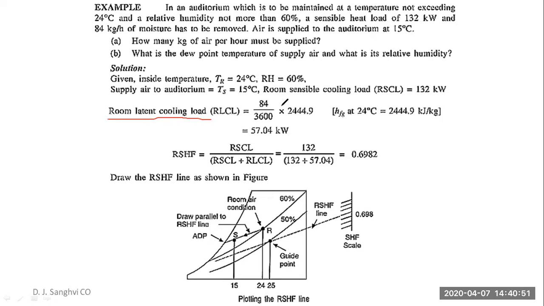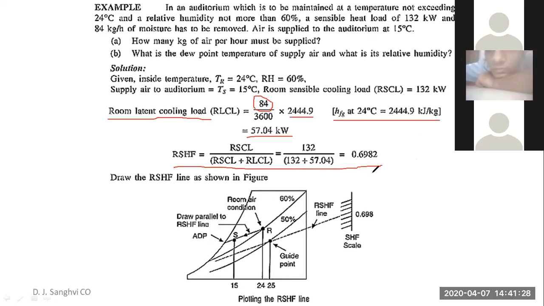Room latent heat is 84 kg, divided by 3600. That is going to give you 84 kg per second into the latent heat at that temperature. So HFG, the value of latent heat at 24 degrees Celsius, you will find out that it is 2444.9 kilojoule per kg. From that we will find the room latent heat, and after that we can find the RSHF by this formula, that is room sensible heat upon room sensible heat plus room latent heat. It comes out to be around